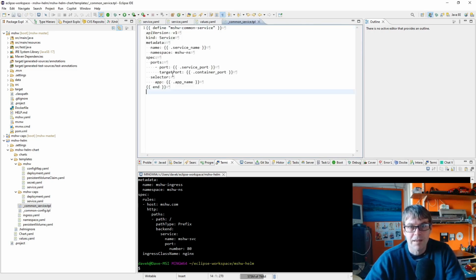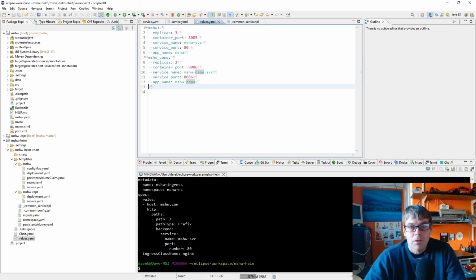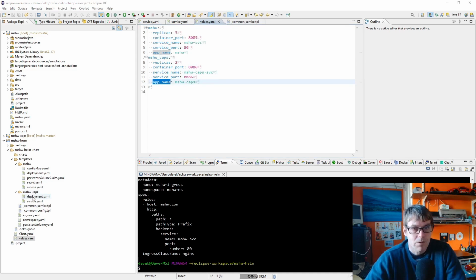In my common service template file, I'm going to define the service like this. So I'm defining MSHW common service, and then for the name, the port, the target port, and the app, I'm specifying only the .service name, .service port, .container port, .app name. So I'm specifying these things, and then for my service YAMLs, I can replace them completely